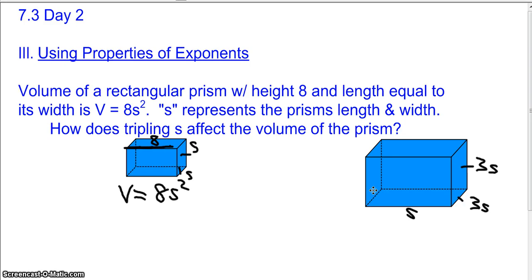This other side is still 8, okay? So what do you think happens to the volume if I triple the S's like that? What do you think the first thing somebody might think? If I triple the side, I would triple the volume. It's kind of a logical thing. I mean, you know it's going to be bigger, right? The volume will be bigger, but when we take a look at it with the formula, if I have tripled